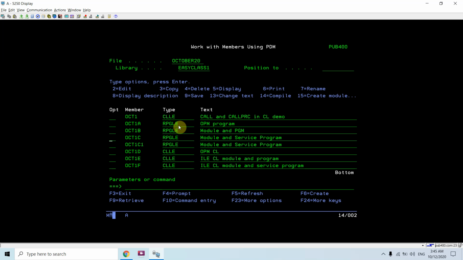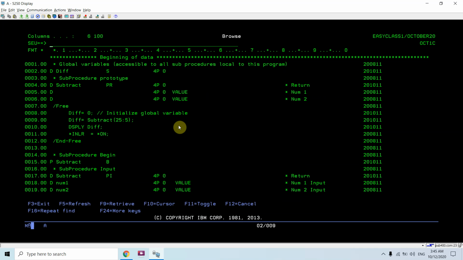Okay, now this is the module and service program oct1c and oct1f. So one is basically the RPG module and service program, and the other one is the CL module and service program. So let's see what this is.